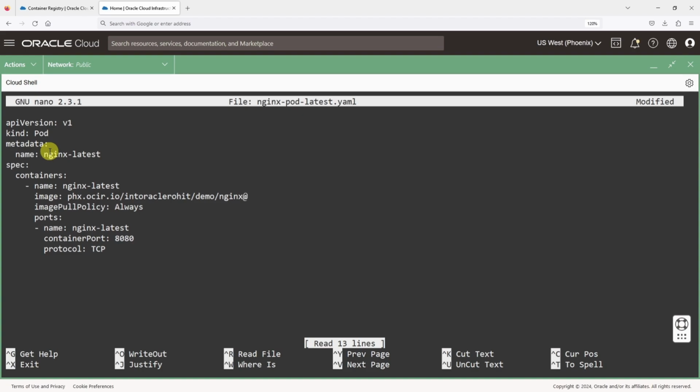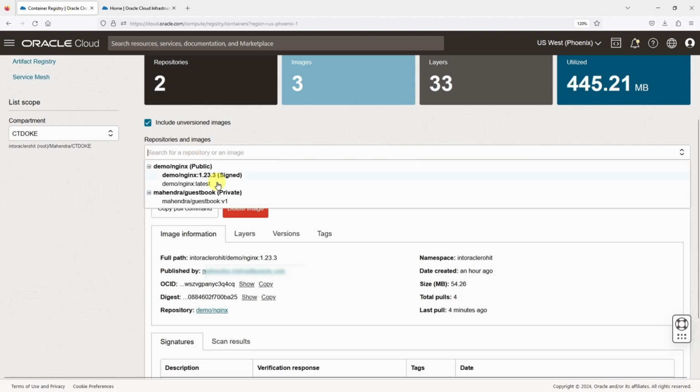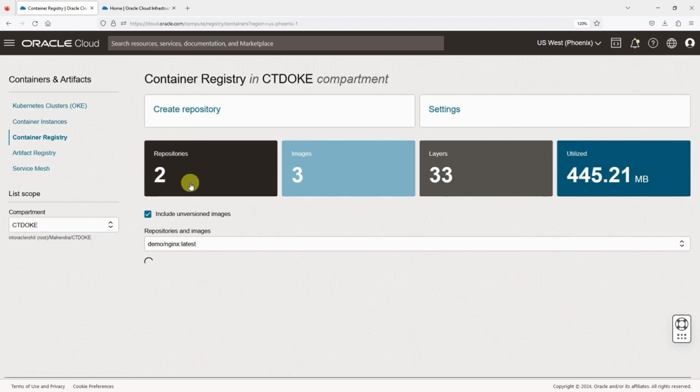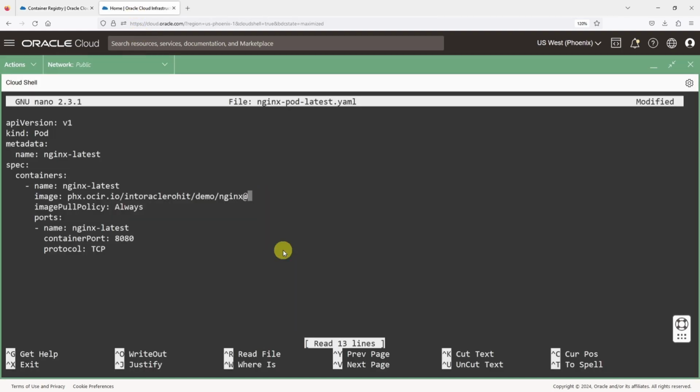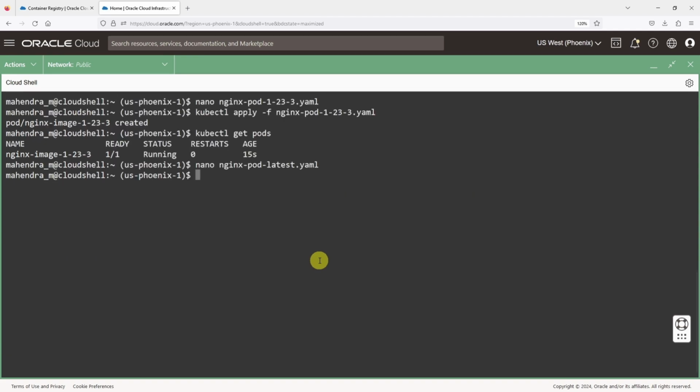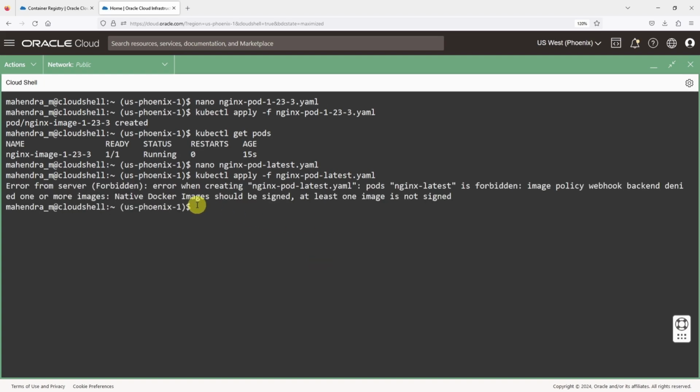I'll head back to the previous tab and select the unsigned image. Copy its image digest and paste it here. I'll save this file. Now use the kubectl apply command to apply the pod manifest. Manifest name is nginx pod latest.yaml. I'll hit enter. Well, we received an error from the Kubernetes cluster as the image that it was trying to